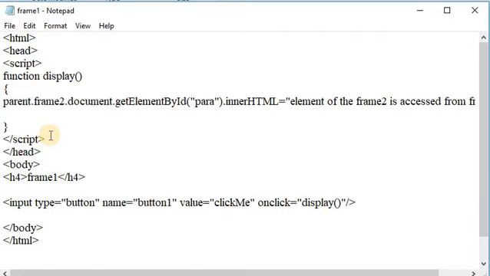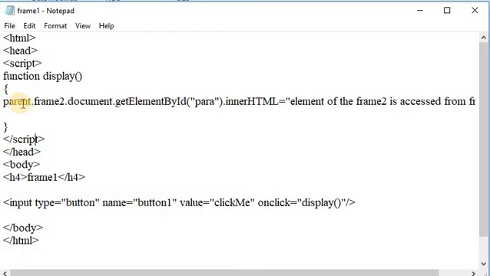This is written in a script tag. After that, close the head tag, and in the body tag I am creating one header, that is h4, with frame 1, and here I am creating one button, and in the onclick event I am passing this display function. This is the code for the frame 1 file. Here we can access one frame from the other frame by using the frame name followed by the parent property.